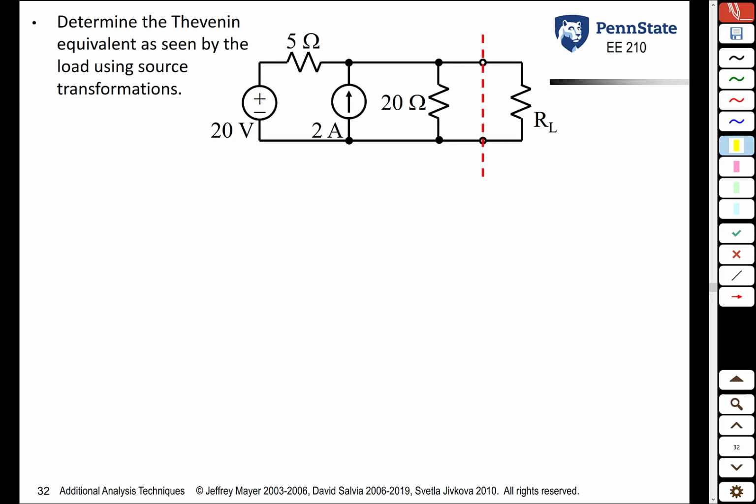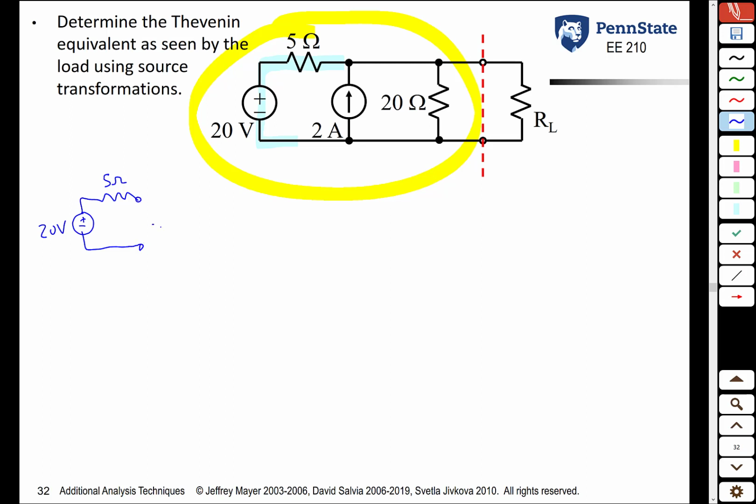But let's show how source transformations can be used to find the Thevenin equivalent of this subcircuit to the left here. So we're going to start by taking this voltage source in series resistance and converting it to a current source in parallel resistance. So 20 volts and a 5 ohm series resistance is equivalent to a current source of 20 divided by 5 or 4 amps with the parallel resistance